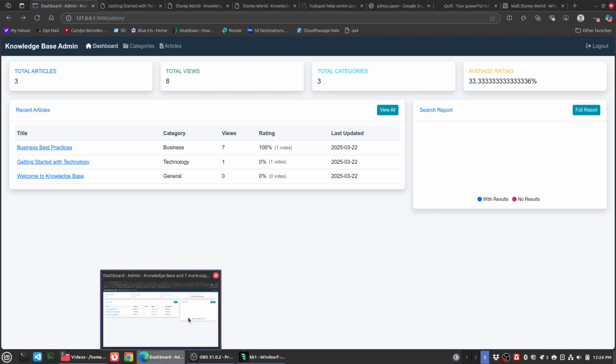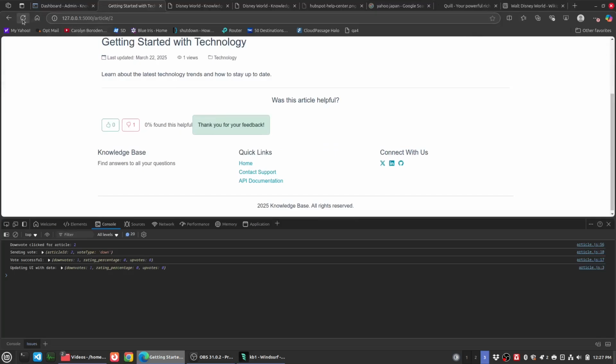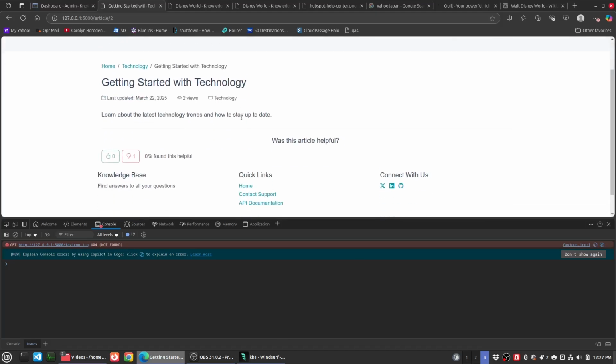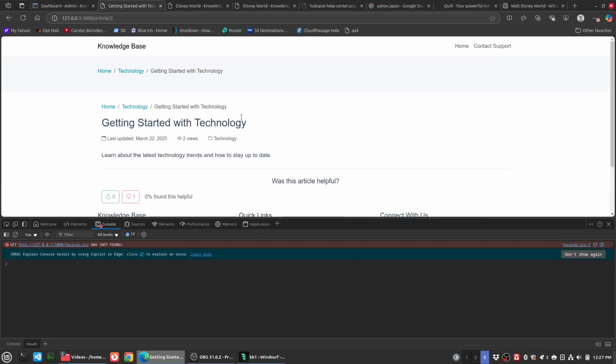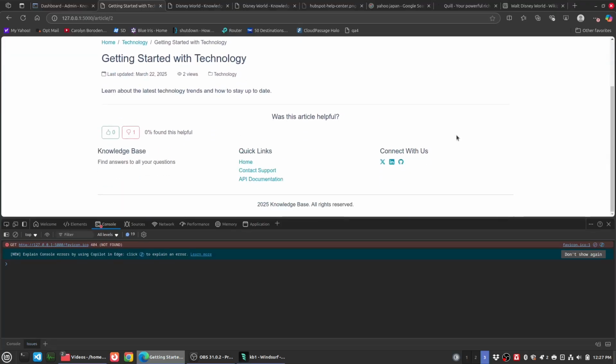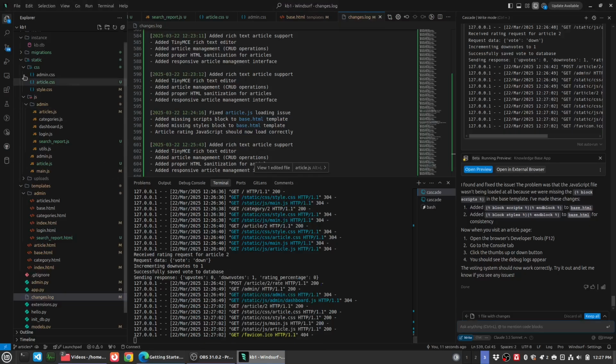Okay, so the UI could use some cleanup, and I'm not sure how it's blocking me from voting again, but I actually like that. I don't know, maybe something to explore, but okay, so we have that working. The search report is broken, and we lost some features from this page, and I don't really love the formatting anymore. But what I'm going to do here, since at least this is working, I'm going to commit this code,